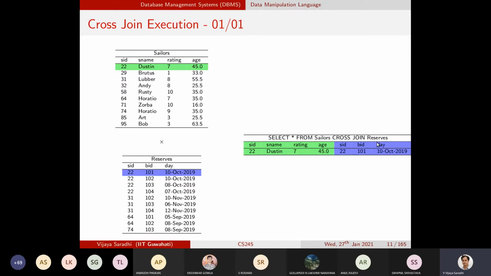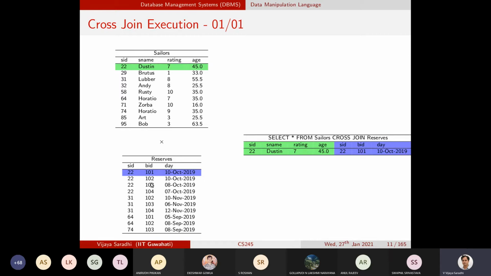This statement will result in joining the first row of sailors with the first row of reserves. That will result in 7 columns with the column names retained as is. But please remember that there are 2 columns having identical names. They will be renamed appropriately. We will not go into that detail as of now, but first let us note that these columns belong to the sailors row, and these columns belong to the reserves row.